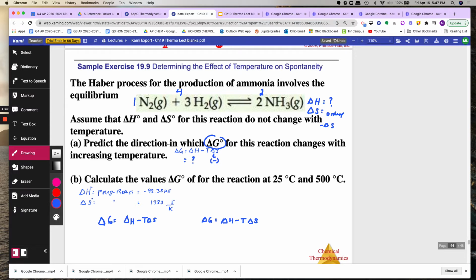It says, predict the direction in which delta G for this reaction changes with increasing temperature. So temperature is right here. And increasing the temperature only changes delta S anyway. So we don't really care about delta H in this case, just for predicting. Okay, so what do you think will happen? If T goes up, this whole value becomes what? Negative and a negative